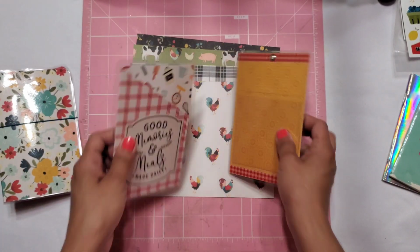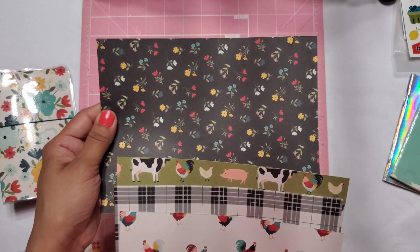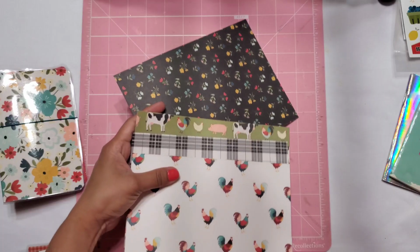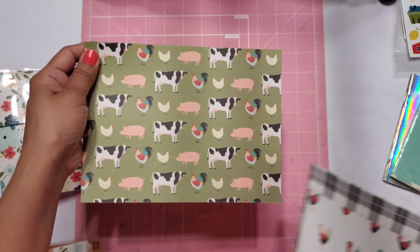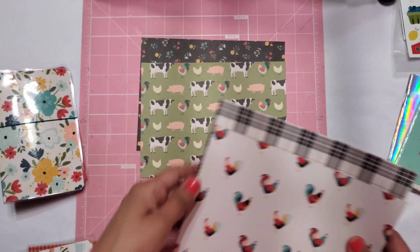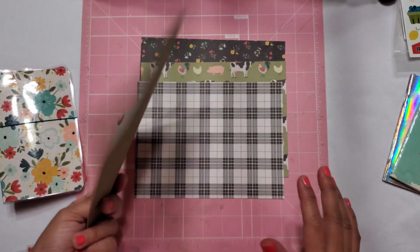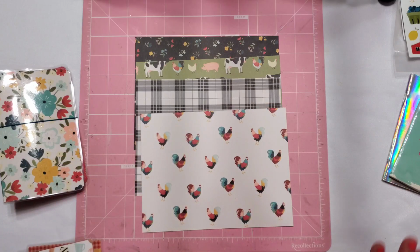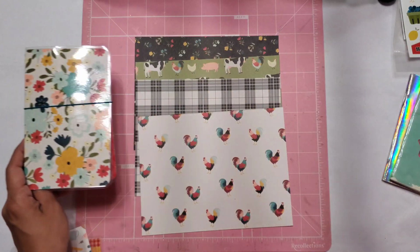And then for this one, here are the prints that I chose. I'm going to be doing this one right here with the black background and the flowers. Oh my gosh, my eyes are so blurry. And then I'm going to be using, again, the cow with the pigs, the black and white plaid, and then the roosters. So what I do love about these collections is even though I was able to make different covers,